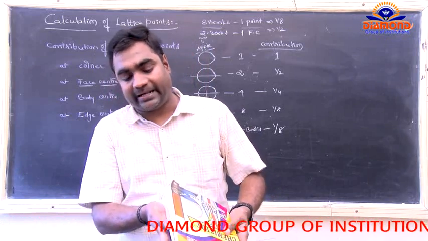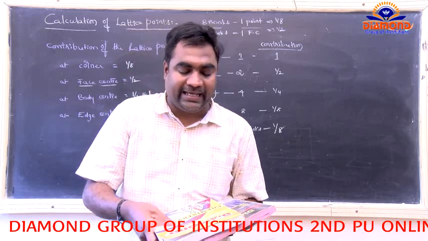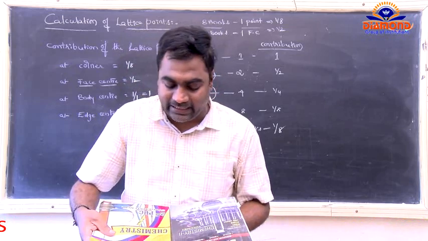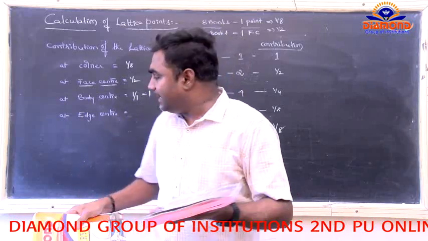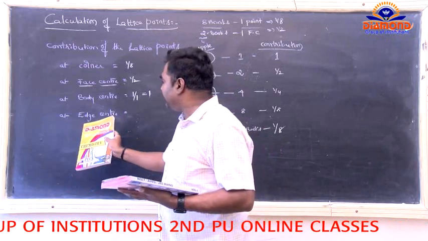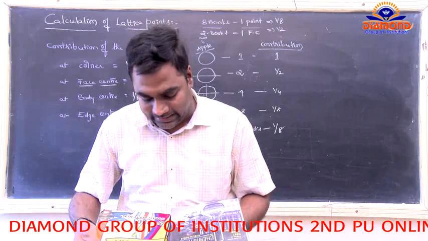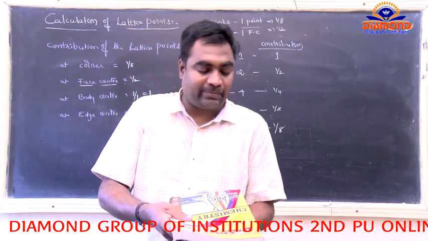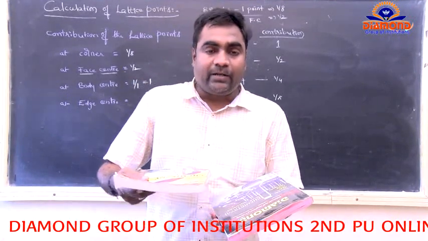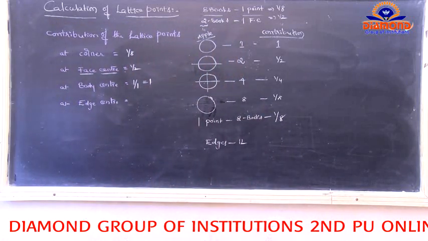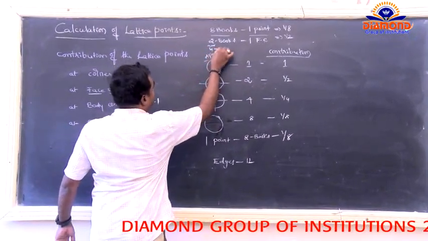Place one more book on top of it. So then you can get the third book. Next, you have to choose another book. Already one book is placed here. Place one more book on top of it. So total 4 books. So if you choose one lattice point at the edge center, how many books get touched? 4. So it is the 1, it is the 2, on top of it a third, on top of it a 4th. That's right. One point touches 4 books. So here one point touches the 4 books.